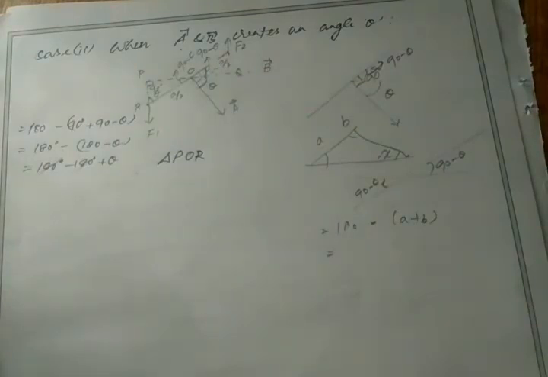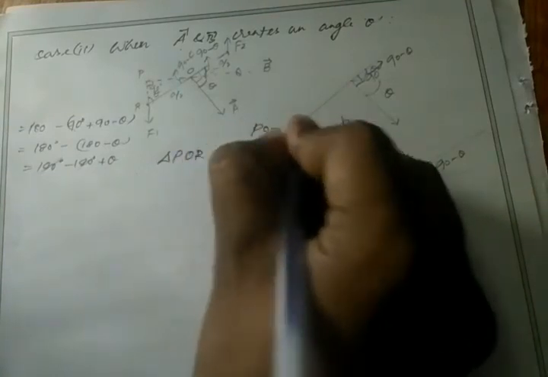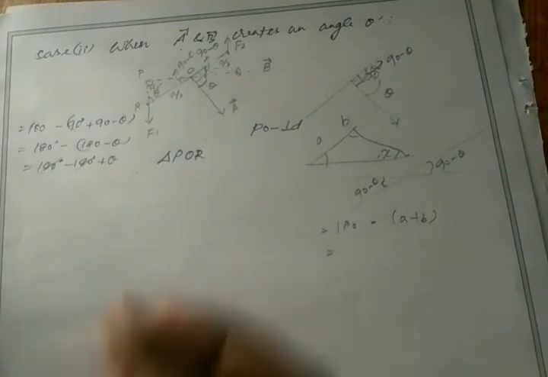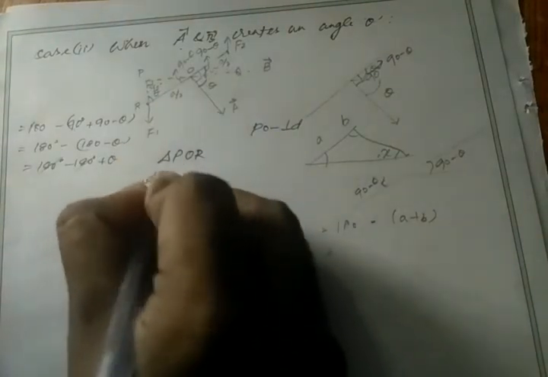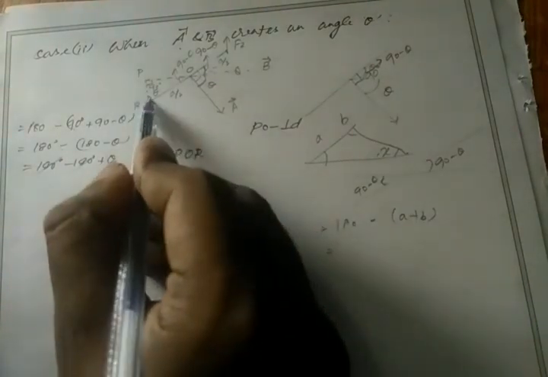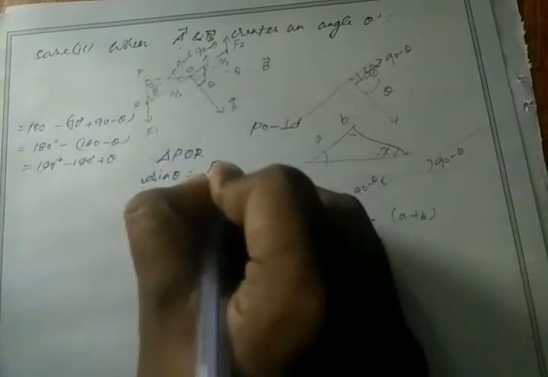we use the value of sine theta, because we have to find the perpendicular distance, that is PO. Here PO is the perpendicular distance, right? So to find the perpendicular distance, we have to use sine theta. I can take sine theta equal to opposite by hypotenuse. So this is our theta in triangle POR. What is opposite? Opposite is PO. What is hypotenuse? Hypotenuse is RO, right?